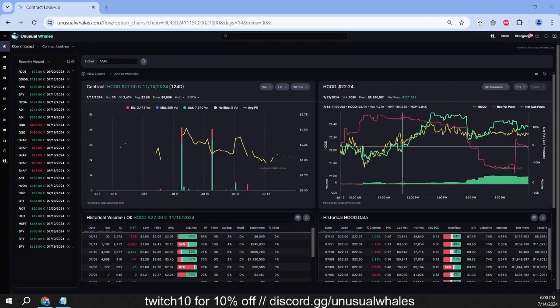I mentioned earlier that a platform not rendering the updated open interest value until the start of a new session puts you at a disadvantage, and here's what I mean by that. On July 9th, we saw a trader opening at the ask, 4,000 plus HOOD 27 strike calls expiring in November. The position lost some value throughout the session, but was held overnight as shown by the increase in open interest. The next morning, the same contract saw a trade of equal size. The trade took place at the ask. It'd be very natural to think that this trader doubled their position.